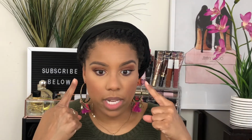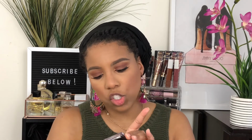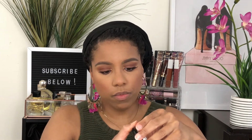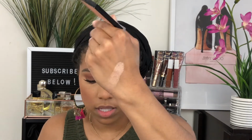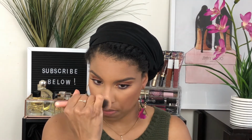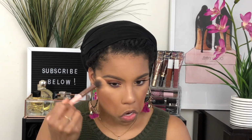All right, so I went ahead and put my lashes on, and did the bottom lash line by adding mascara. Now we're gonna move into the highlight. So this is the Wet n Wild Mega Glow Highlighting Powder in the shade Precious Petals, number 321. It looks like this, and I'm gonna swatch it so you guys can see. It's really subtle, but still doable. So I'm gonna go ahead and put, oh, I don't wanna put too much. Put that on my nose. Put a little bit over here. So yeah,